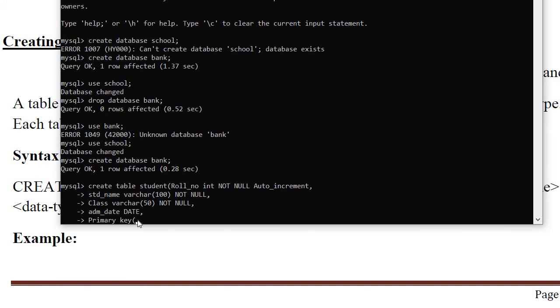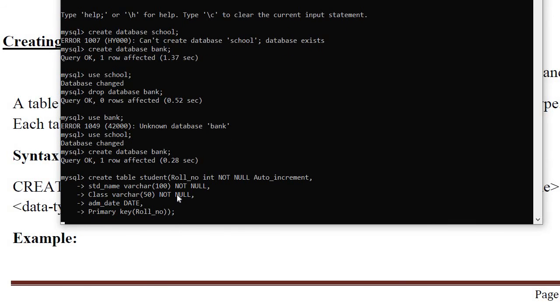Then what field do you want? Roll number. The same name you should mention here, roll underscore number. Now close the bracket, and the one bracket we started from here, close that. Put semicolon now and execute the command.